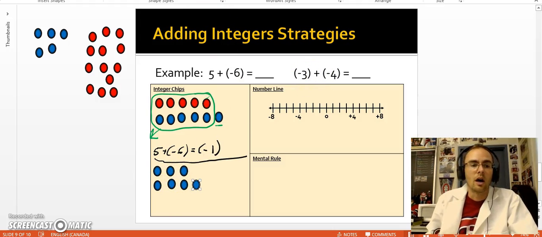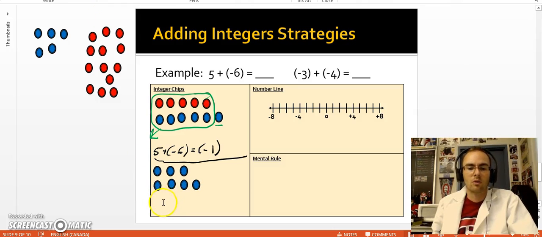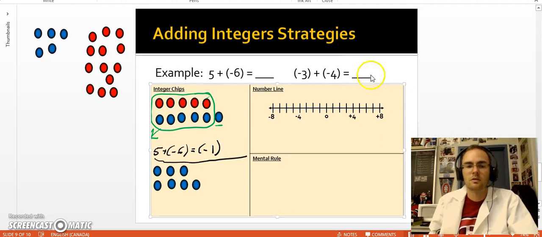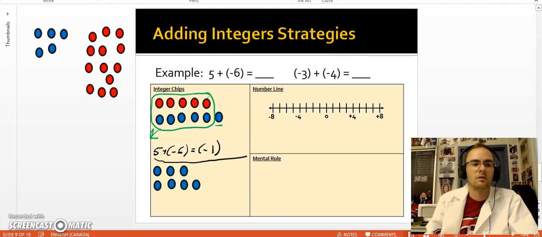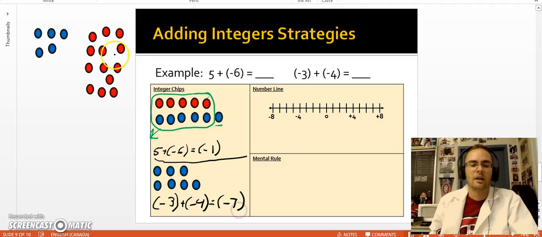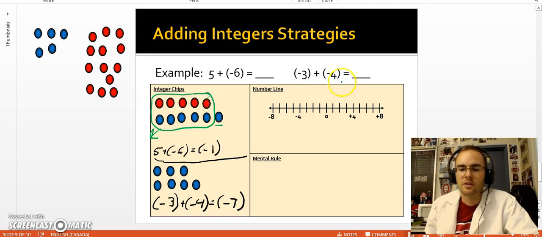So I have -3 plus -4, and I add them all together and I get -7, and that there is my final answer. All right, now if I were to do these same two questions on the number line, I'll start